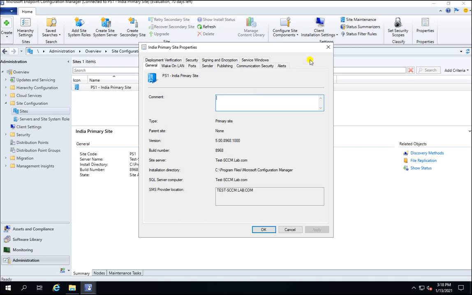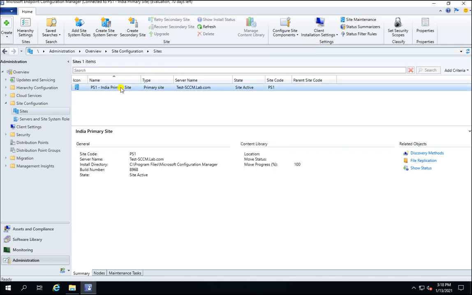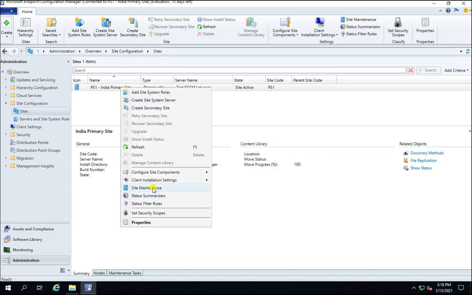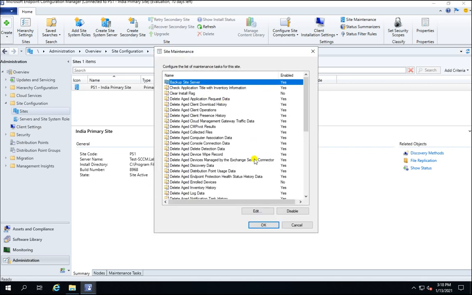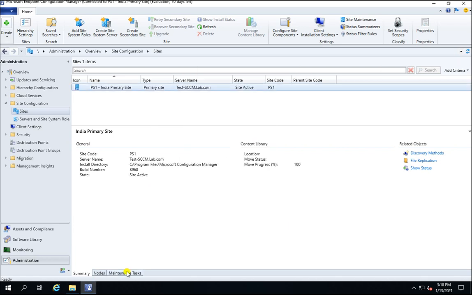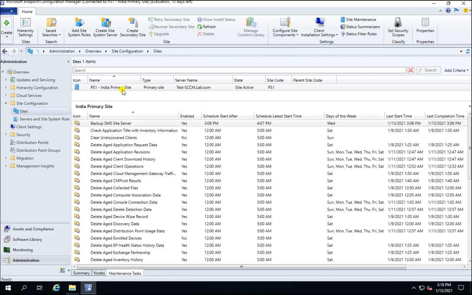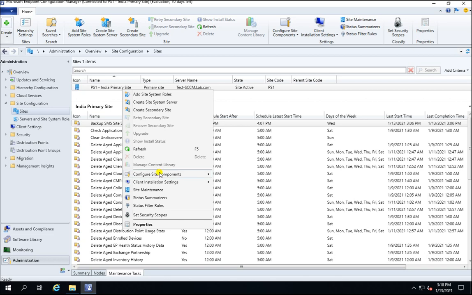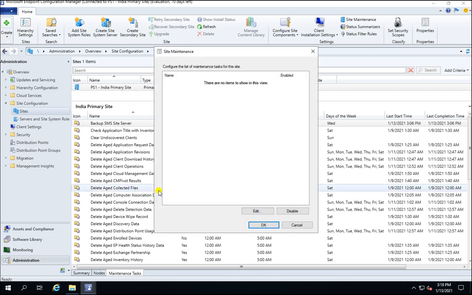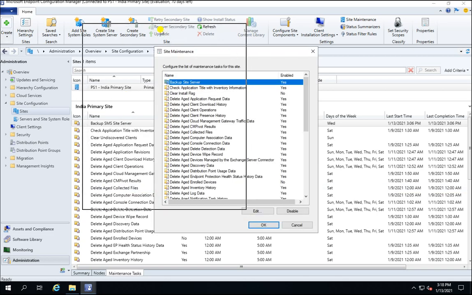You can go this way, or if you don't want to go from here you can click here and check the site maintenance from there as well. So let me open it from here and show you how you can do the site maintenance.